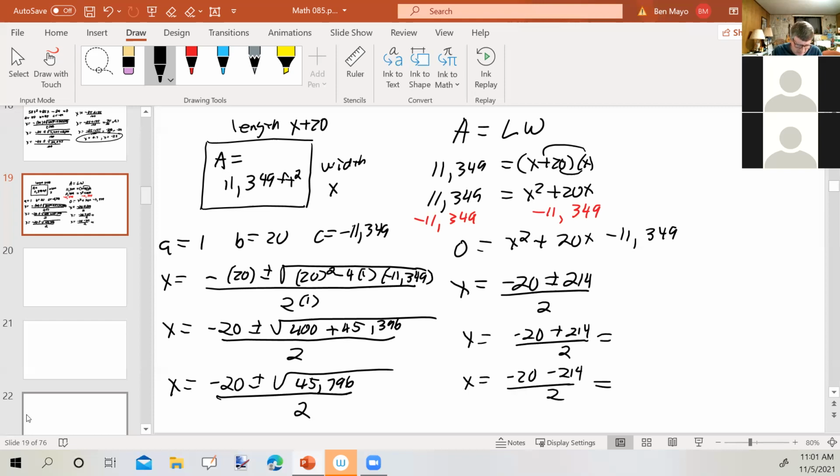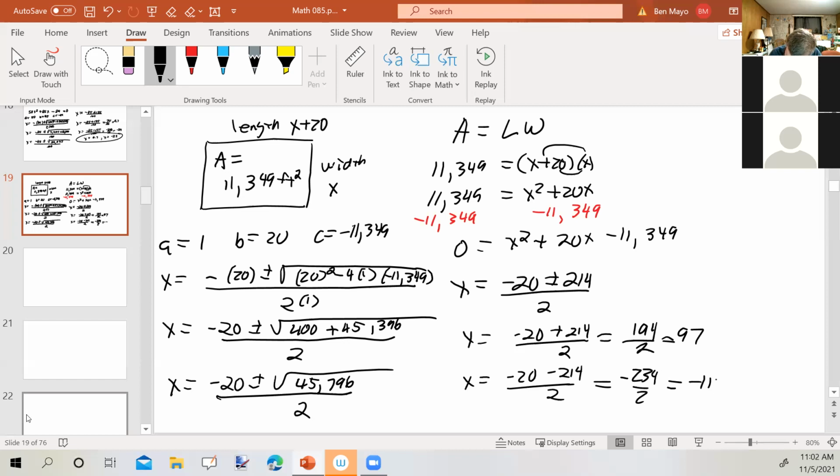Negative 20 plus 214 is 194 divided by 2 is 97. Negative 20 minus 214 is negative 234 over 2,